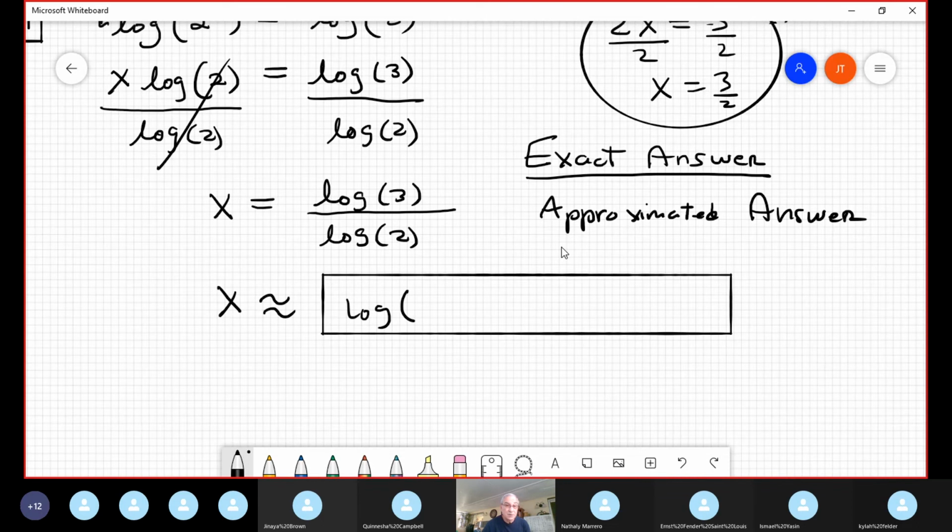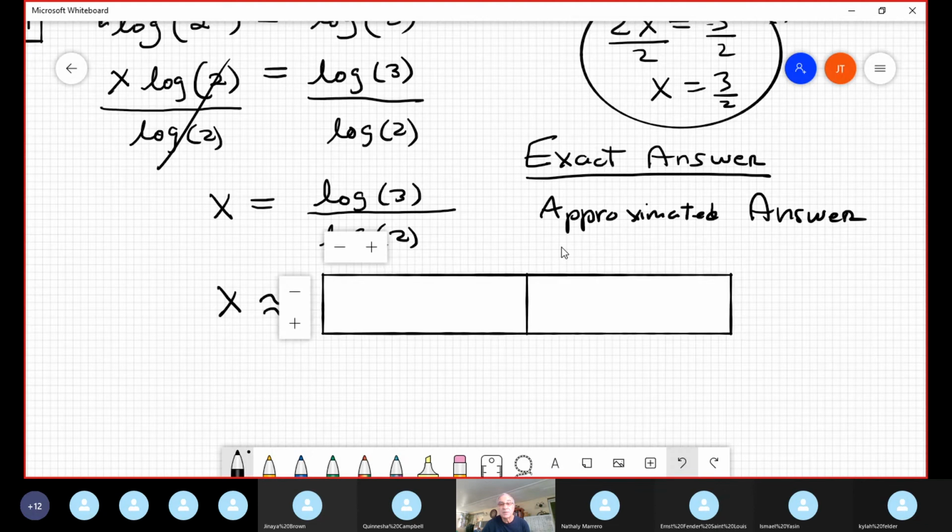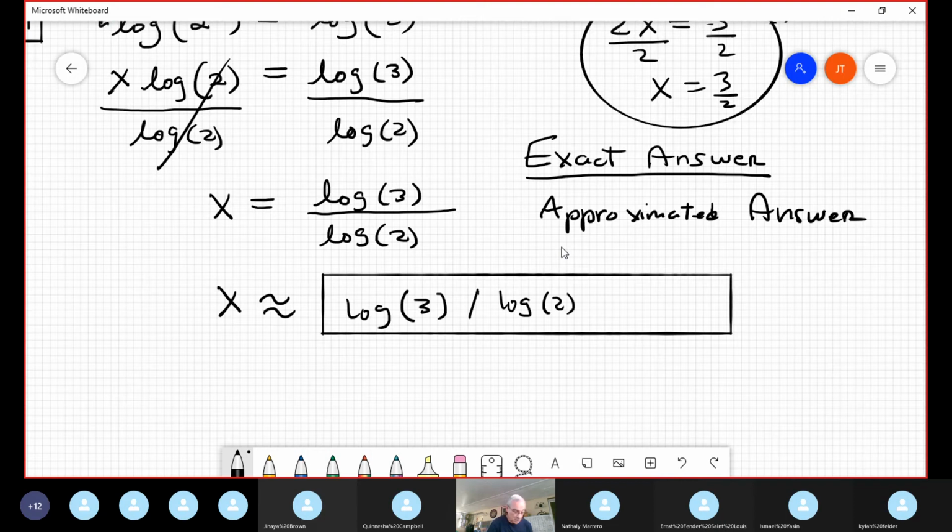Open parenthesis, you put 3, close the parenthesis, division, log of 2, close the parenthesis, division, log of 2. Okay, and press enter. You press enter is like an equal sign. And the answer is, I copy the answer,